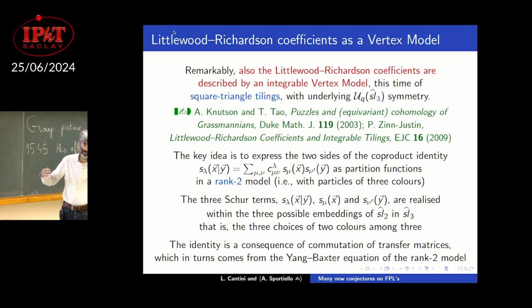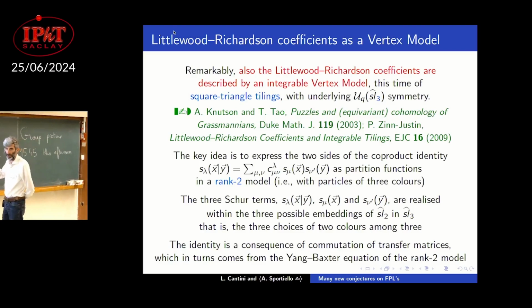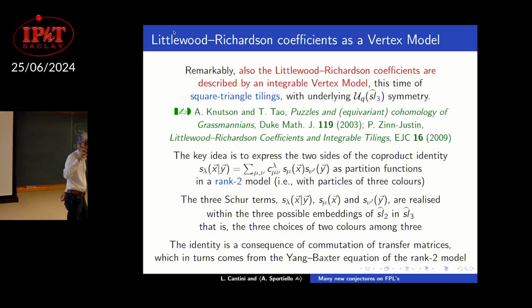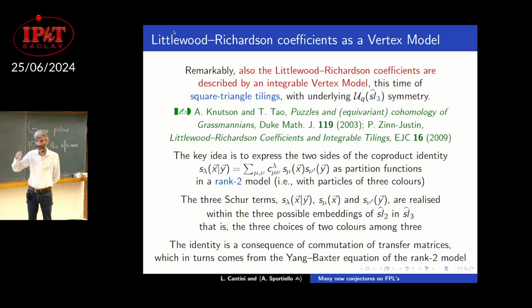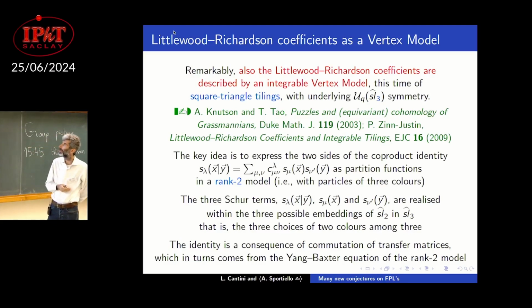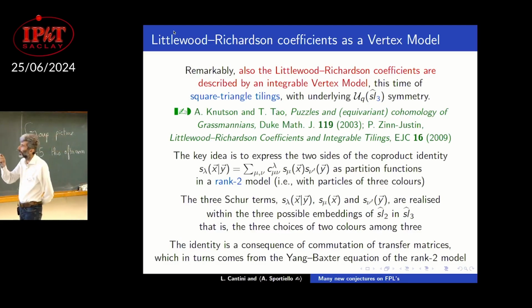Littlewood-Richardson coefficients have been described by Littlewood and Richardson, notoriously, in terms of certain Young tableaux with numbers on them, with certain rules, a bit complicated. And Knutson and Tao described them in terms of puzzles, which are some tilings of a triangle with boundary conditions, which are somehow the lambda, mu, and nu of your C. And those puzzles have been interpreted also as square-triangle tilings of a certain domain by Pasquier-Zinn-Justin in this paper,